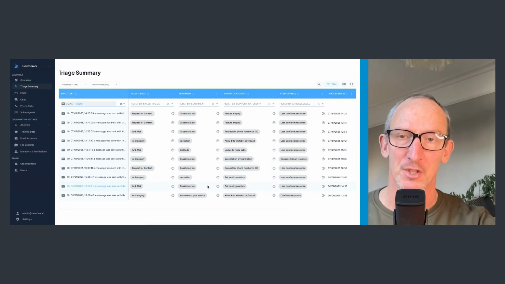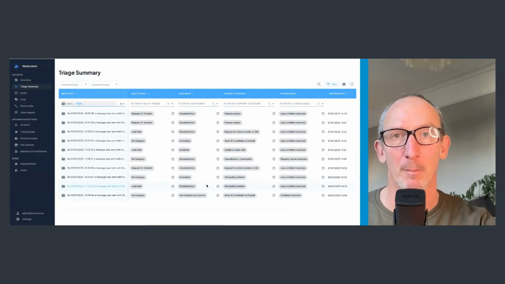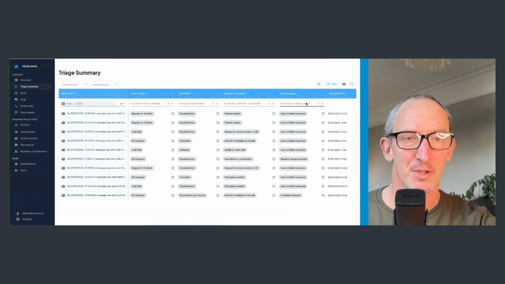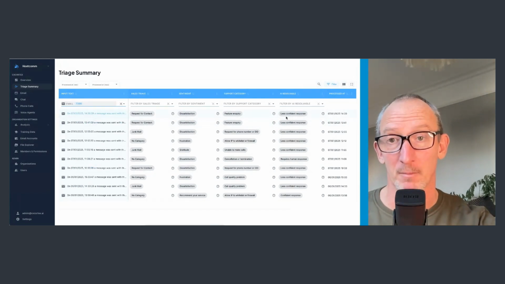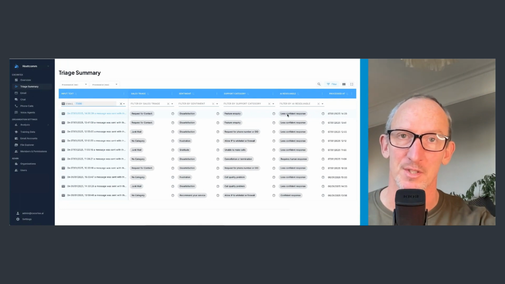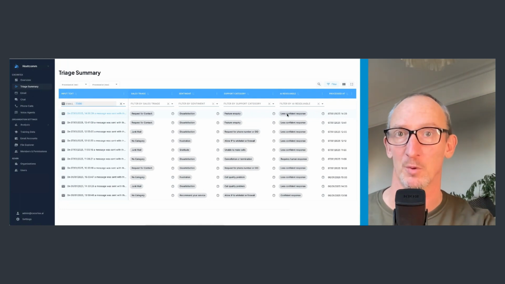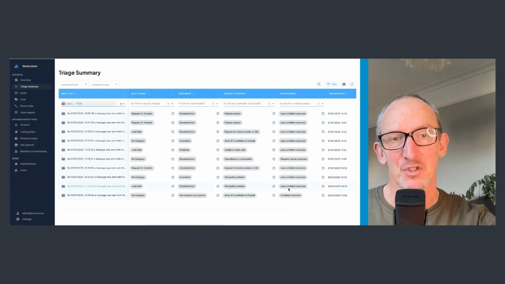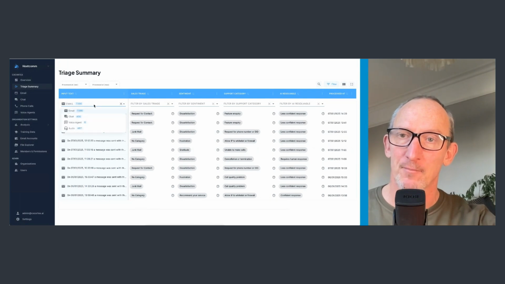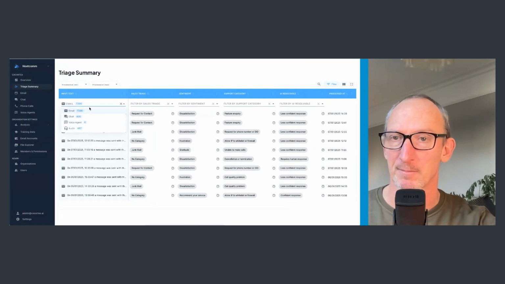All of this information can be condensed and pushed into a BI system like Power BI. We've also got an interesting one here, which is gearing up for complete autonomy, where the agent responds autonomously without any assistance. We're getting it to score on how confident it's going to be to respond to some of these interactions that come through. Okay, so what we've got here, we've already filtered on email, so we've got several thousand emails,